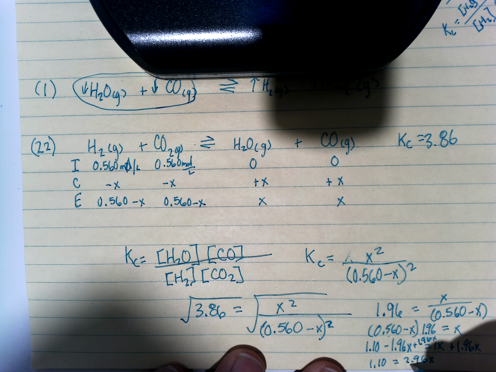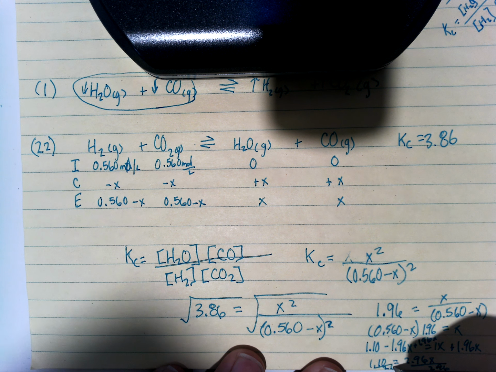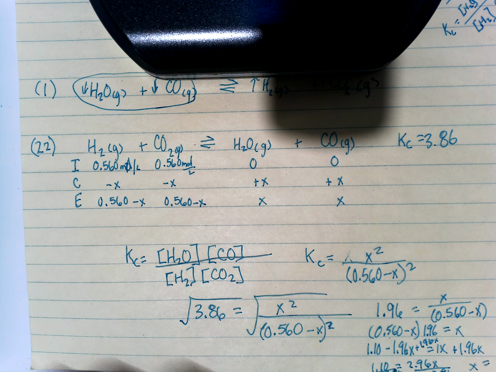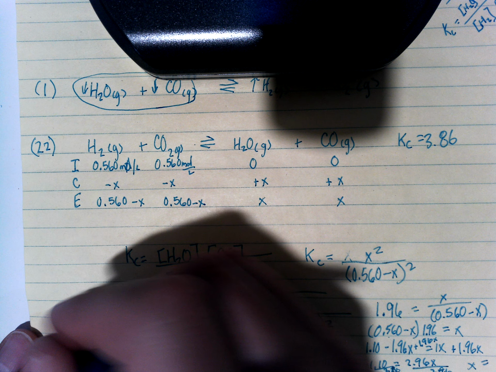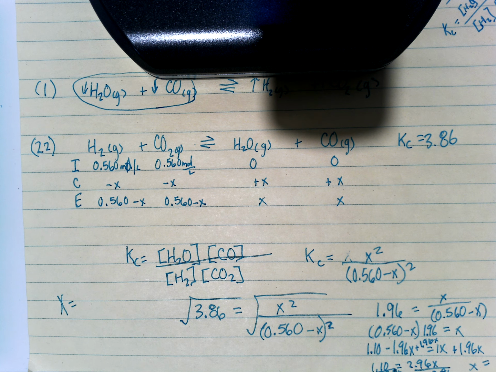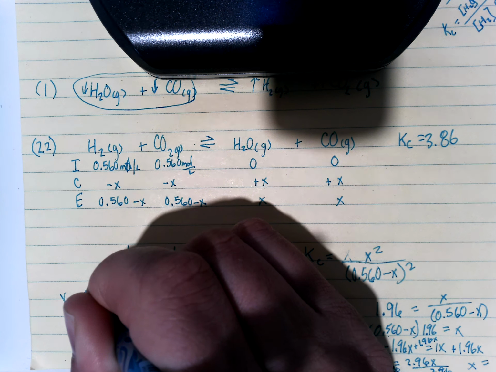Now we'll divide both sides by 2.96. So x is equal to 0.37